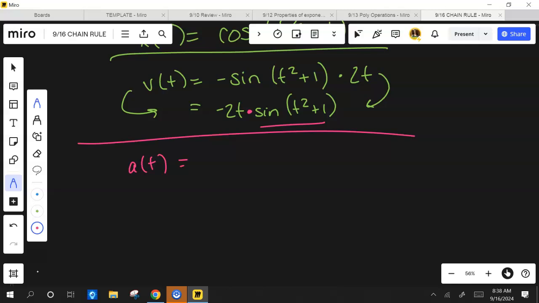I'm showing you this because I want you to see the difference in product rule and chain rule. There's still two functions here, but it's not a composed function. It's not a function embedded in another function. Okay, so derivative of the first,